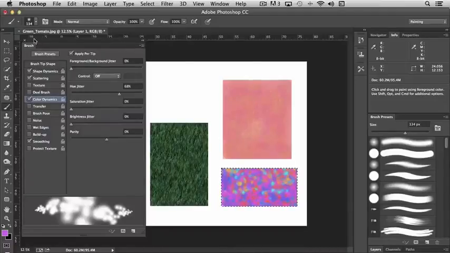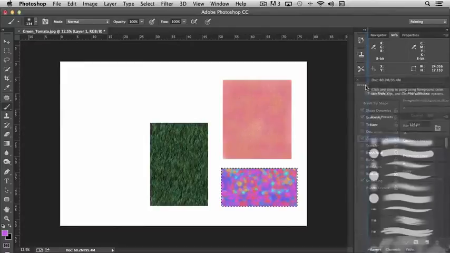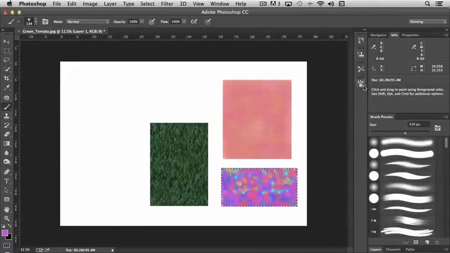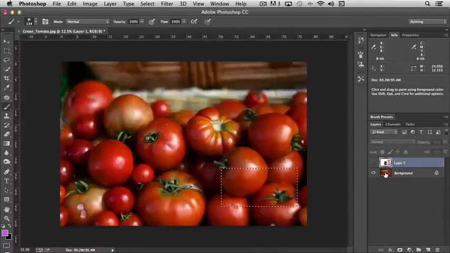Now, let's take this to the next level. I'm going to plop this in over here and move it up to where it was before. Now, let's turn off this layer that we've been playing on and deselect our box here and switch back to